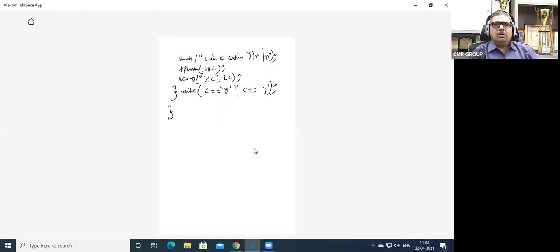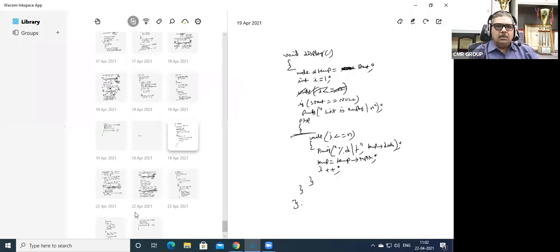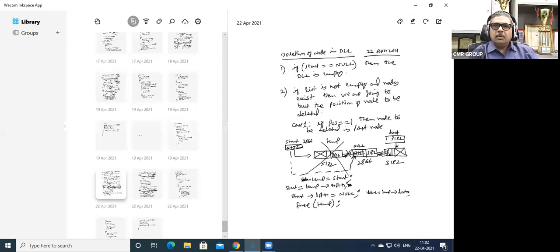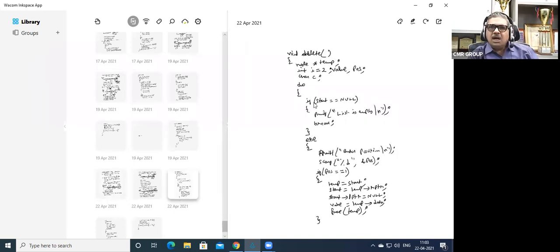Okay, now let us see one by one. Deletion of the node in this one. If start is equal to null, then the DLL is empty. So for that, what have we done? We have taken node *temp, int i is equal to 2, val, position, and char c.